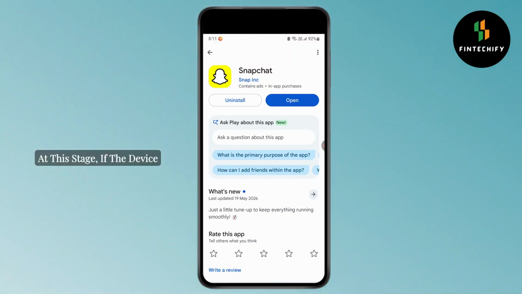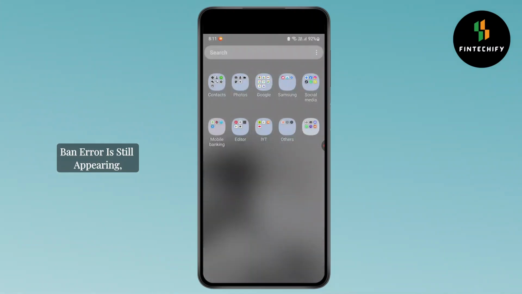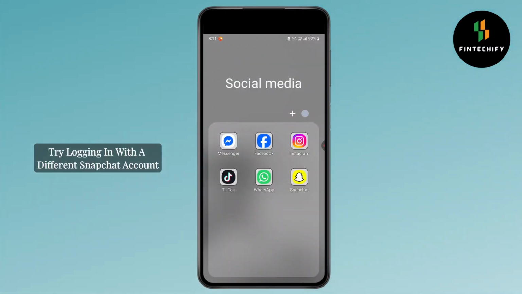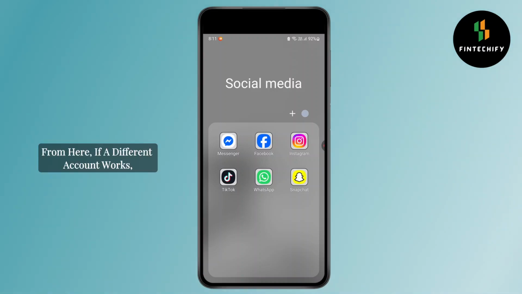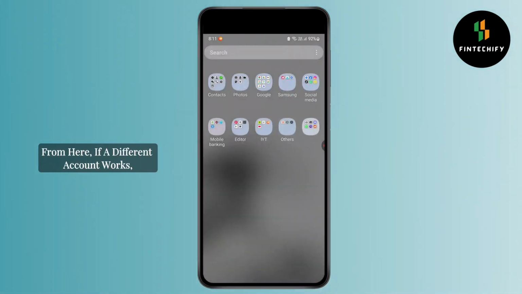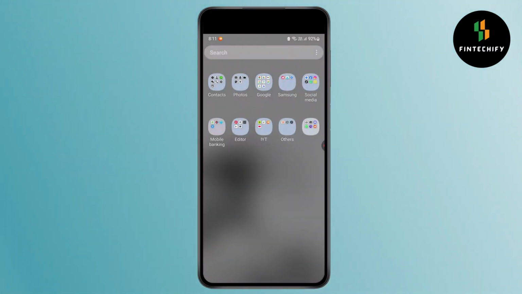At this stage, if the device ban error is still appearing, try logging in with a different Snapchat account to check if the ban is tied to your account or your device. From here, if a different account works, the ban may be on your original account, and you may need to